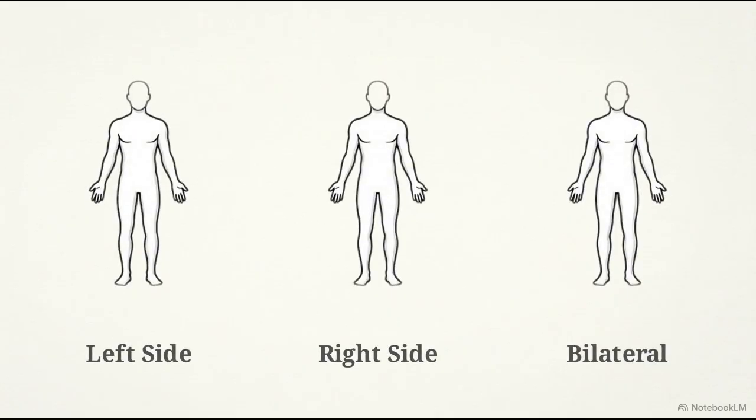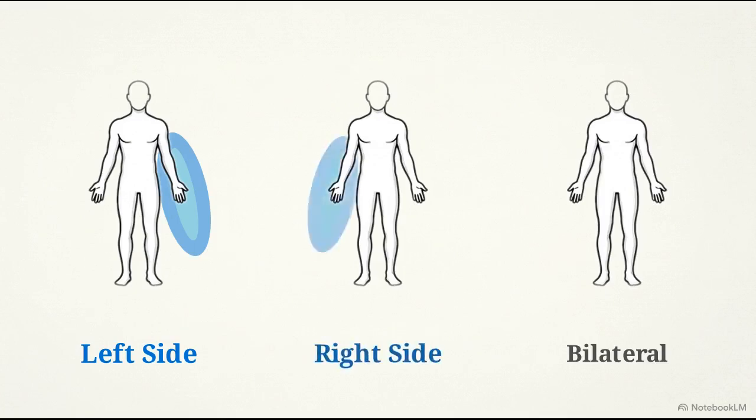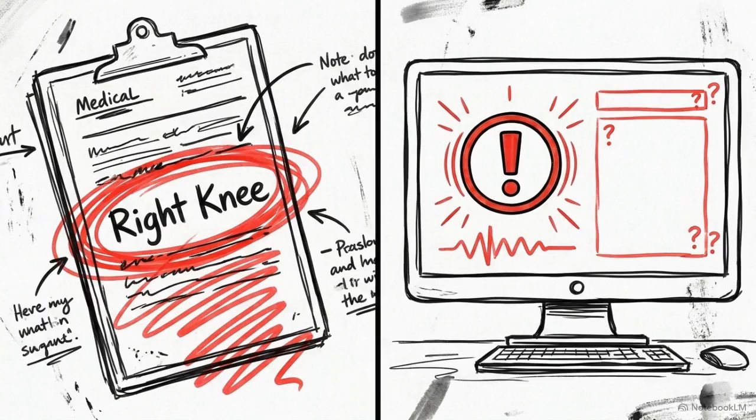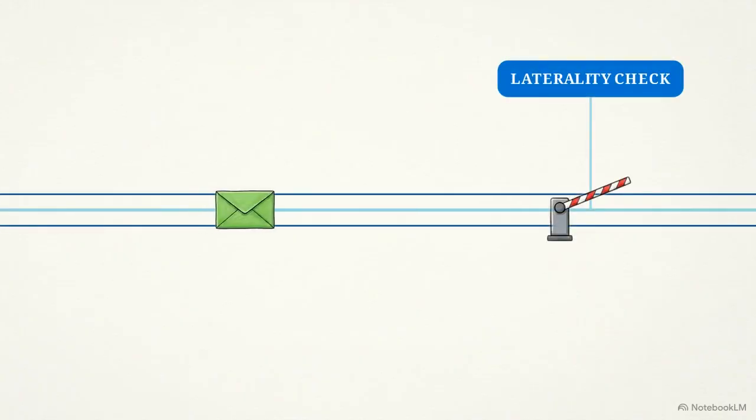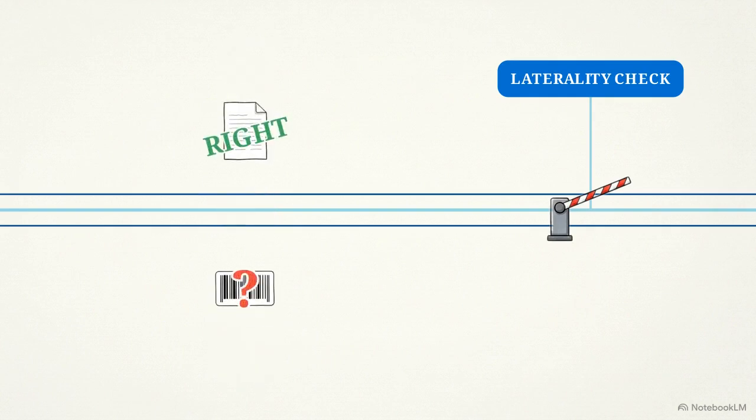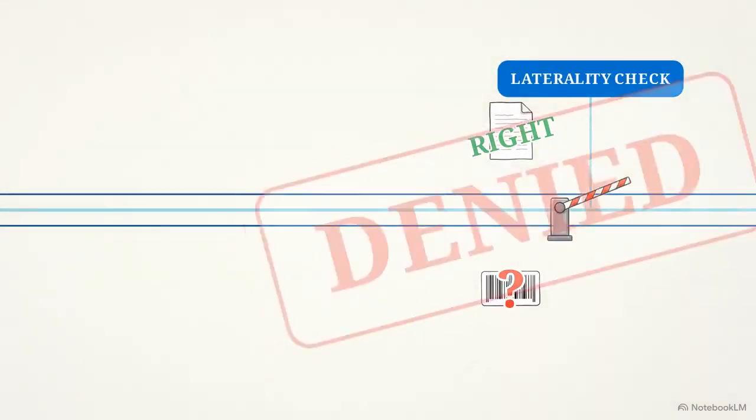The rule is direct. A coder must identify whether a condition affects the left side, the right side, or both. If the medical record provides this detail, but the coder fails to apply it, they are forced to use unspecified codes, a practice that creates significant compliance risks during an audit. Modern payer systems often require specific laterality to process a claim. When the documentation supports a side, but the code does not reflect it, the resulting data mismatch is a primary